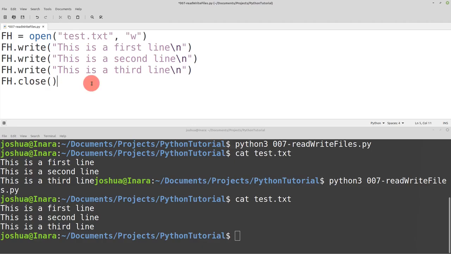Well, writing is fine, but eventually you're going to want to read something from the file. So, as you would expect, I'm going to change the file handle name to, I don't know, read file handle. Remember, this is a variable name, so you can name this whatever you want. Okay, so read file handle